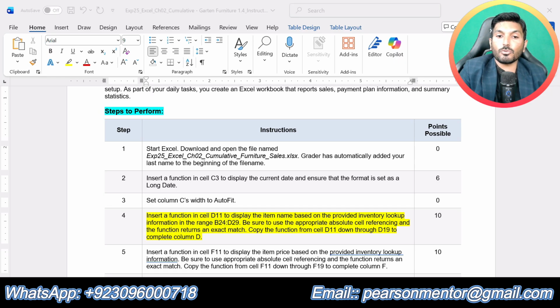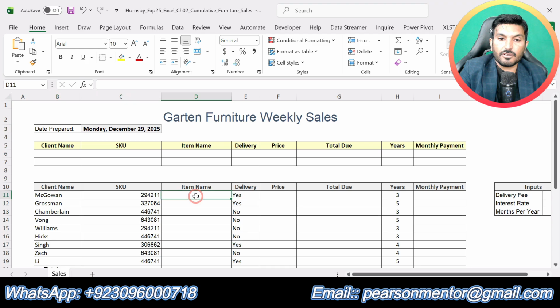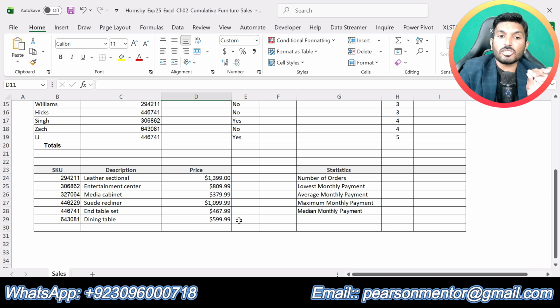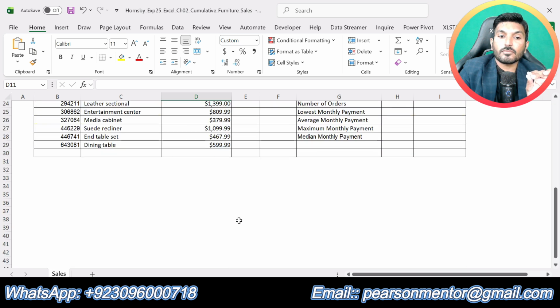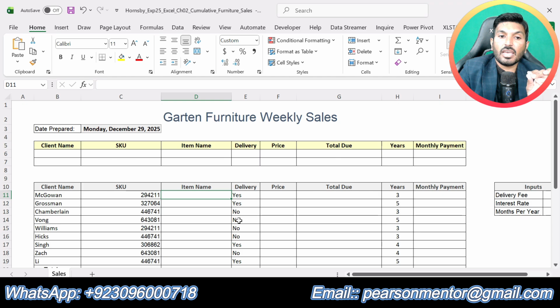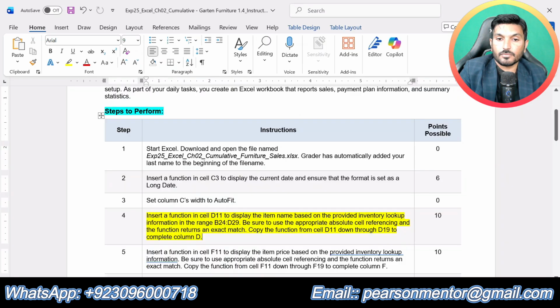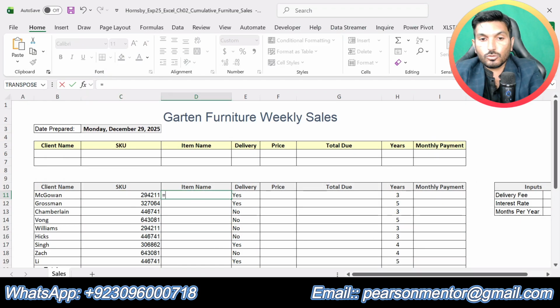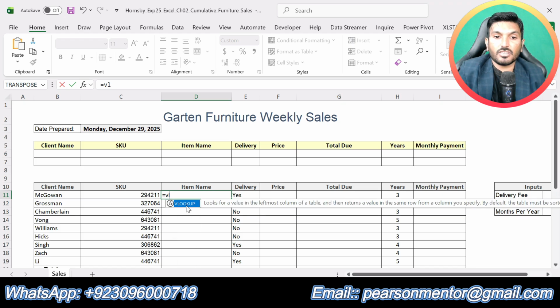So now we are supposed to go to cell D11 and find the item name, and this item name is based on the SKU column given in column C. So here we are supposed to use the lookup function.